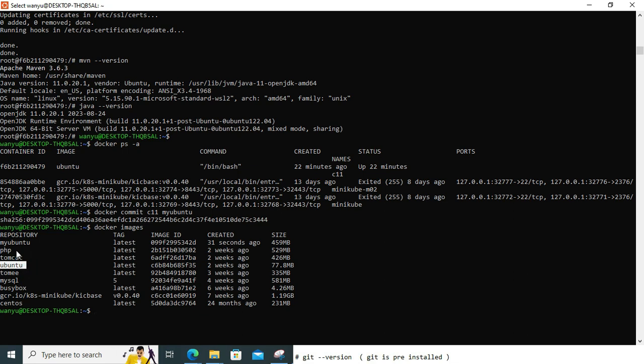The next time, if I want to install an image, I don't need to install this one again, because this one does not have Maven, it does not have Git, it is not updated. What I want to install now is I have created my own image that has all these things already installed. Okay,